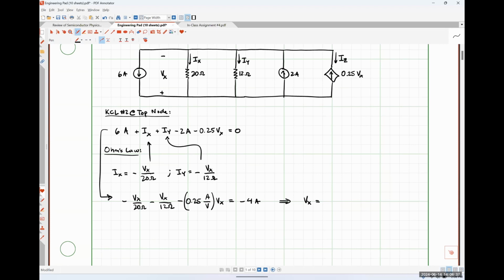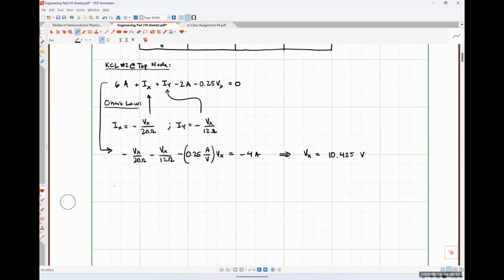So I got positive 10.4347, so let's call it 435 volts, assuming I typed everything in my calculator correctly. I believe the process is right. So from here,